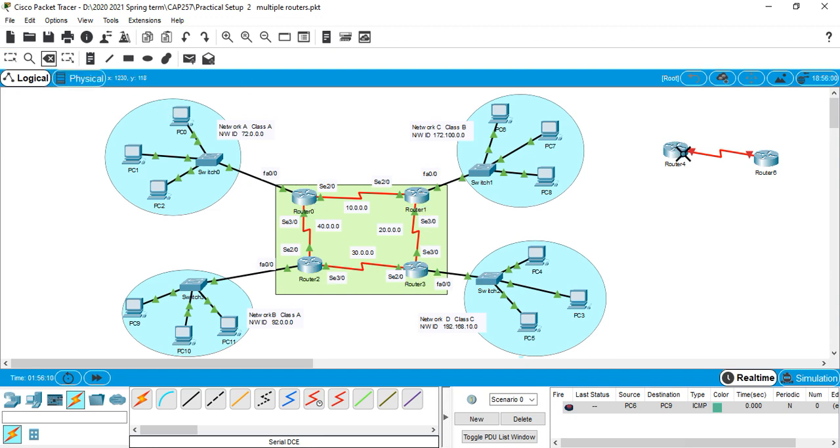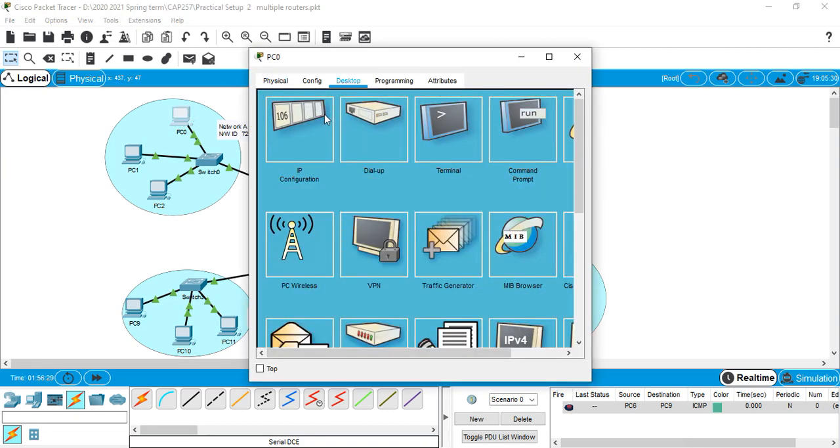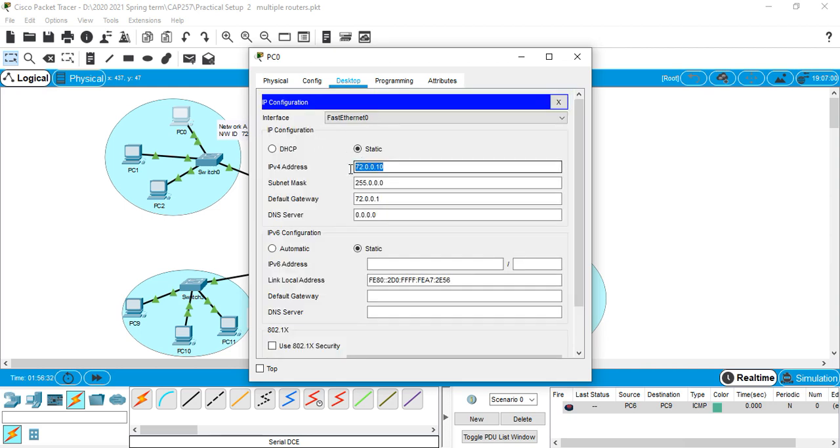The first step will be configuring the networks. So in the network, what we need to do, we have to go to the desktop, go to IP address and put any one IP address. Again, keep it in mind that the first address and the last address of the network are reserved as the network ID and broadcast ID, and it is compulsory. You cannot use them, and it is a tradition to use the dot one ID or the second ID of the network as a gateway.